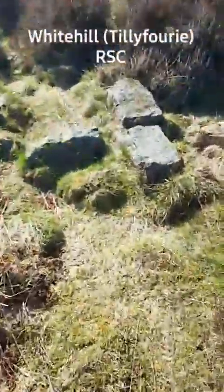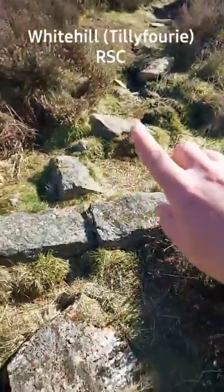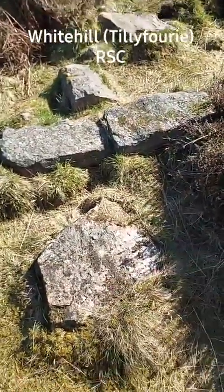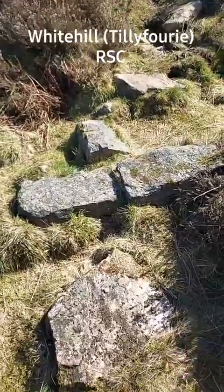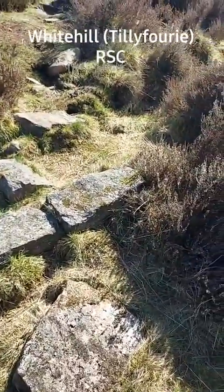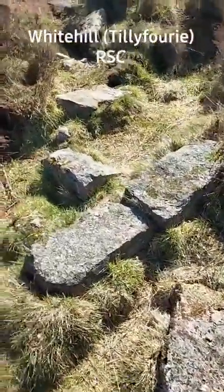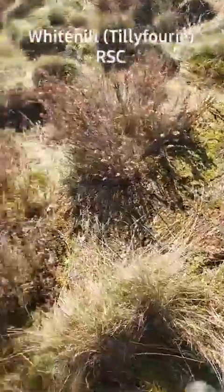Number 11 has been identified as just in bits. So I think here, here, and here are identified as parts of stone 11, as far as I could tell. But again, tree felling is likely to have been the cause of the damage, if that's what the reports suggest. Number 12, getting more slab-like,